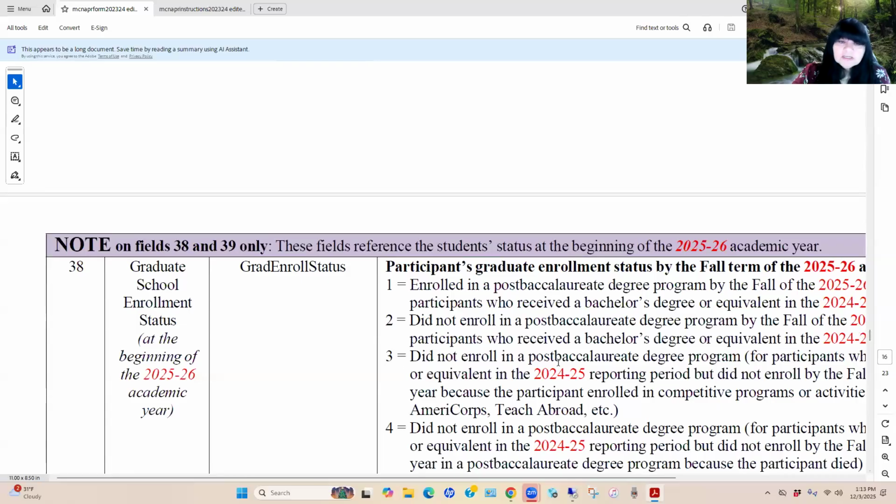In field 38, here, if a student has graduated and they have earned their bachelor's degree within the 24-25 reporting period, then in field 38, you will want to identify whether the student has enrolled in a post-baccalaureate program. Now, this particular field of data is a critical field in addressing, again, the objective where you're measuring enrollment status in respect to graduate school. Okay, so